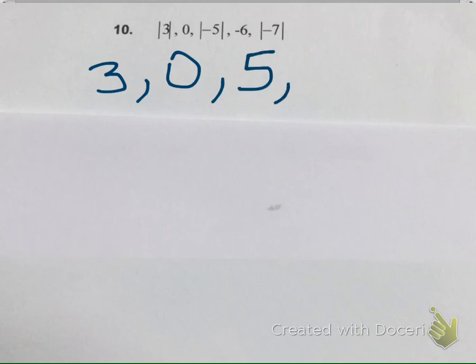That would be 5. We have a -6. Just bring that down. And the absolute value of -7. How far away is -7 from 0? That would be 7. And now we're going to put that in order from least to greatest. The lowest number would be